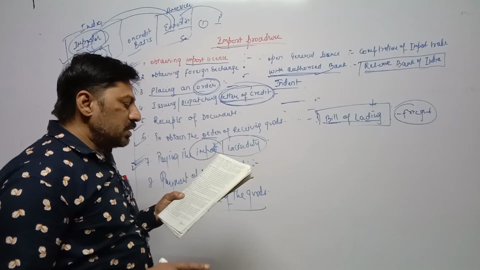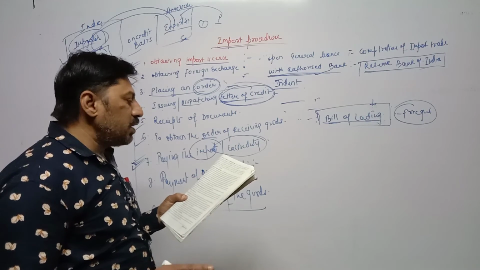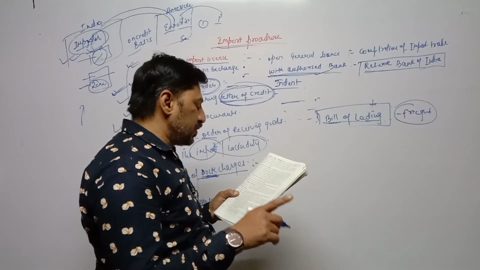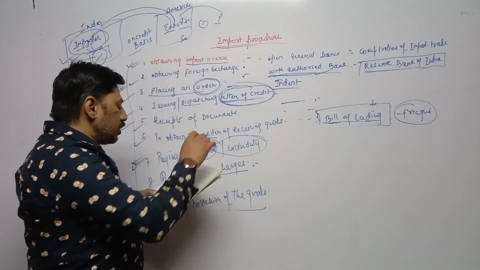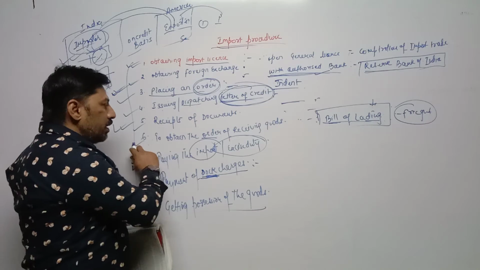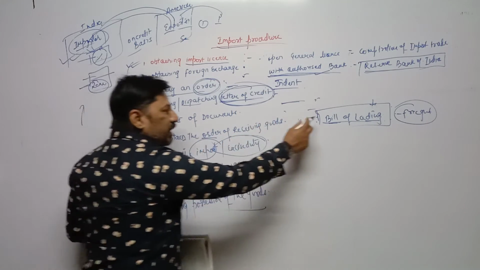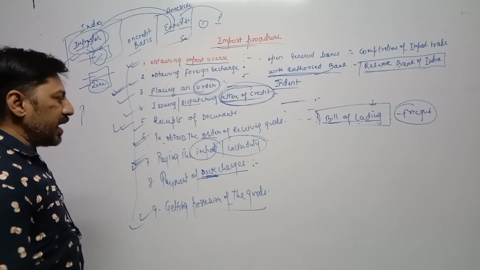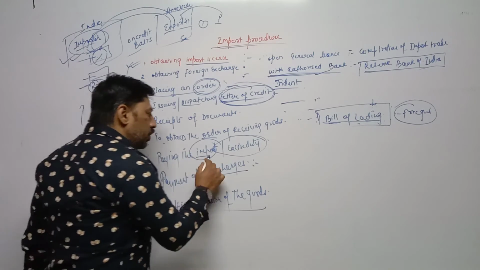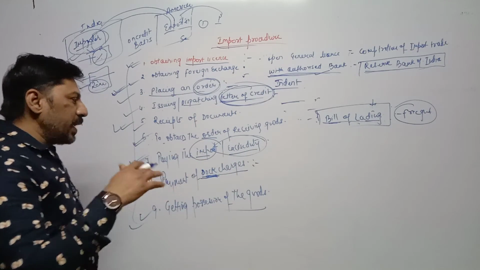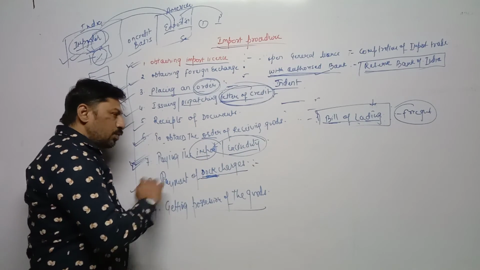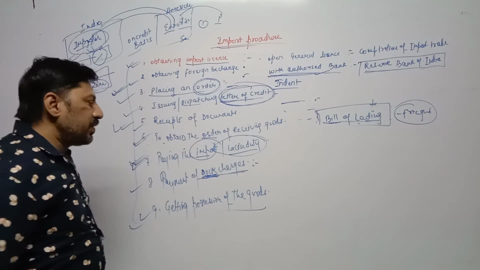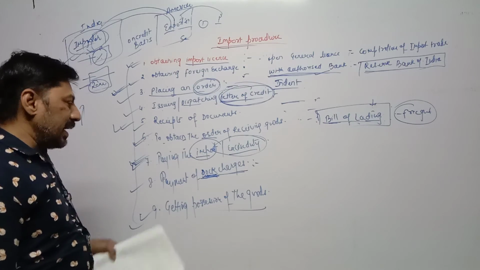The importer has to pay certain kinds of charges. First of all, if goods are sent by the exporter through a shipping company, through a ship, then they need to pay to obtain the order of receiving goods, the bill of lading. And if goods are sent by the exporter by air, then they need to pay import duty or excise duty. After paying this duty, they need to take goods from the dock area. For this they need to make payment again, a kind of rent for that area.